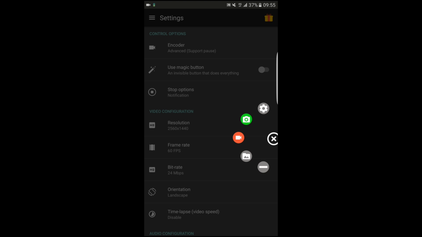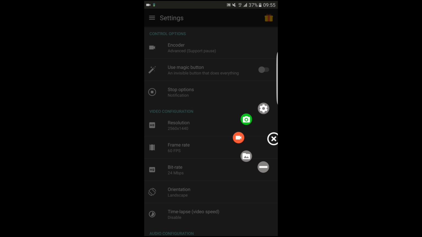It comes up with a green circle with a white camera. This is called the capture button. What the capture button does is it basically allows you to take a screenshot. So if you're playing a game and you don't want to record your video just yet, you just want to get a decent thumbnail when you're playing the game, then you can click the button and it will screenshot and save to wherever your output directory is. Then you can add text, add a logo, and you can export that when you create a video. You can put it as a thumbnail for Twitch or Facebook or YouTube or whatever you're going to upload your